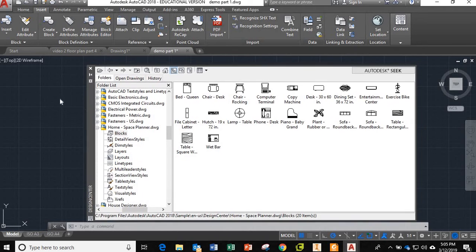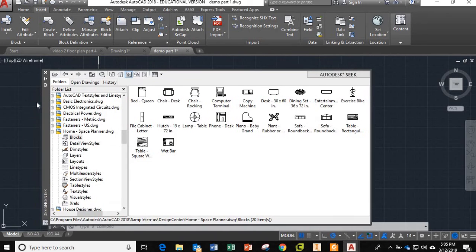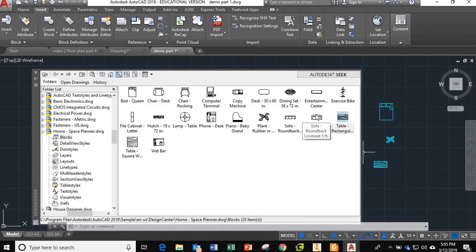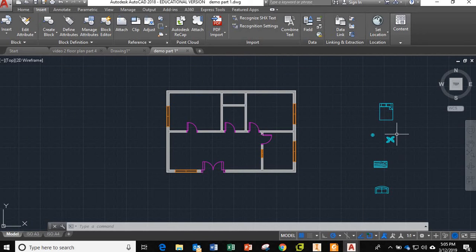Okay, so from this you can actually drag it in. So I could go take a queen bed, drag it in. We could, I don't know, what else do we want to do? Just take a plant in here. I could put a table, a sofa. We can put a lamp. Lots of different things here. Okay, so I'm just clicking and dragging those in from the Design Center,